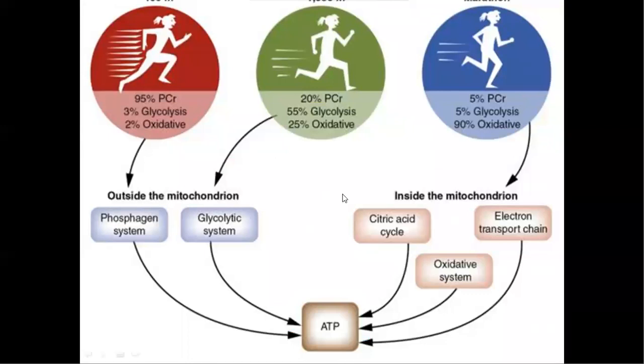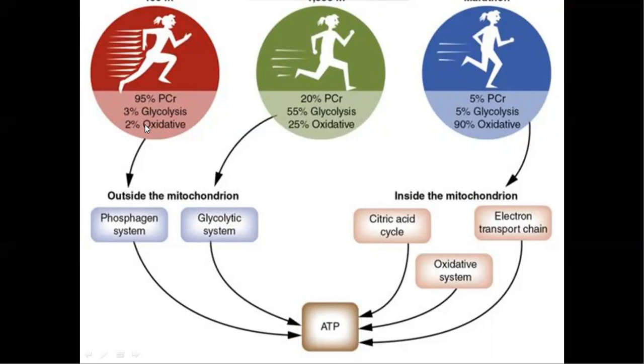So this is the energy secret I'm now going to reveal. Before going to the energy secret, we need to learn about the three systems which are working in our body. The first system is called the phosphogen system or ATP PCR system. The second system is called the glycolytic system. And the third system is called the oxidative system. These are the three important systems which are working in our body.